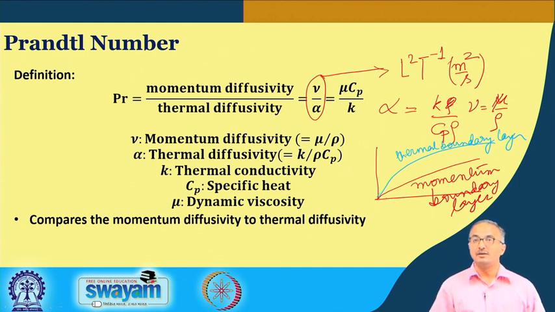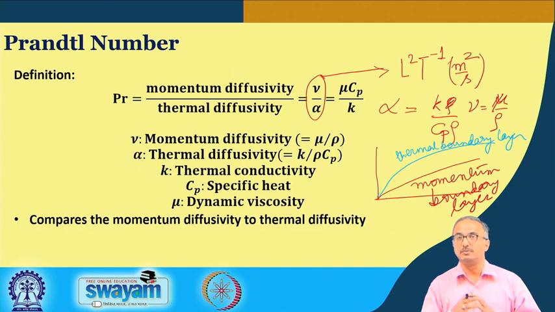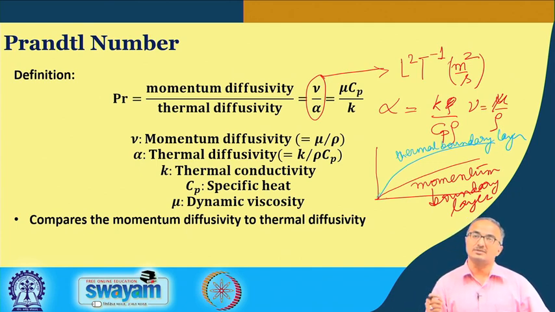Now, you can see that whichever is growing faster is going to reach the ultimate thickness faster. The slower one is going to dictate the particular phenomenon when we have a combination of the flow and the heat transfer. And when this thermal diffusivity is equal to the momentum diffusivity, these two boundary layers would merge. There will be only a single boundary layer. So, they tell us about the relative rate at which the heat transfer and the fluid flow are occurring.